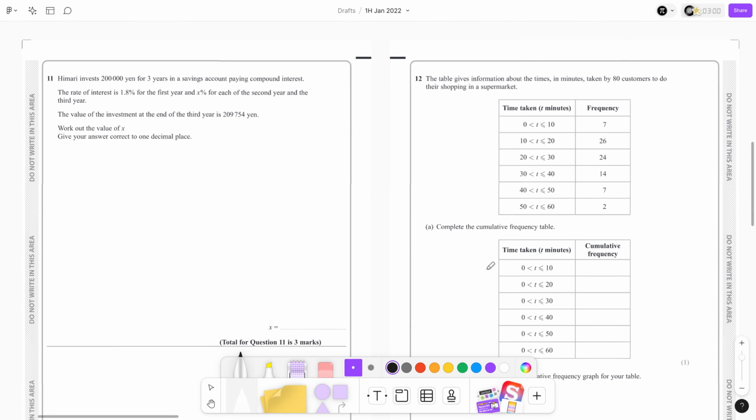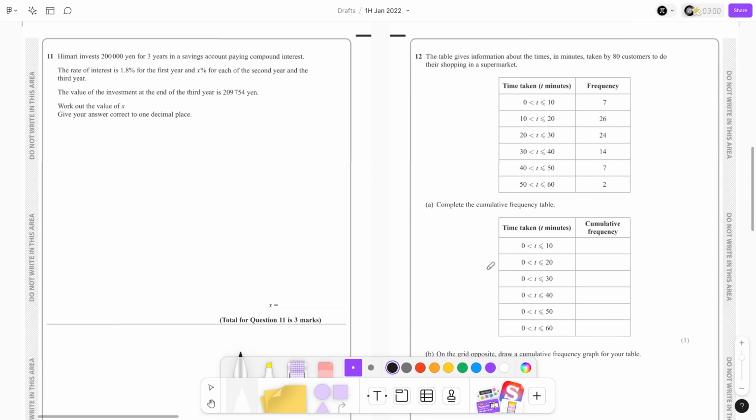Himari invests 200,000 yen for 3 years in a savings account paying compound interest. The rate of interest is 1.8% the first year and X% for the second year and the third year. The value of the investment at the end of the third year is 209,754 yen. So,